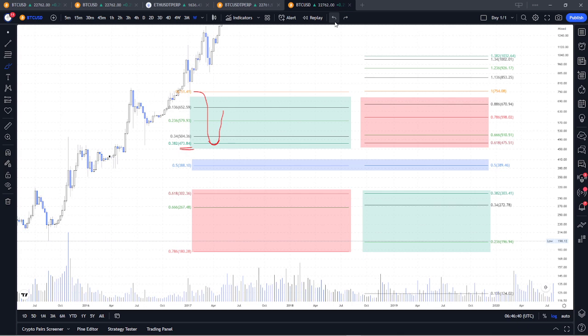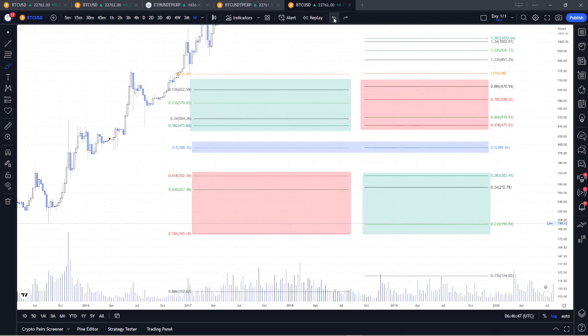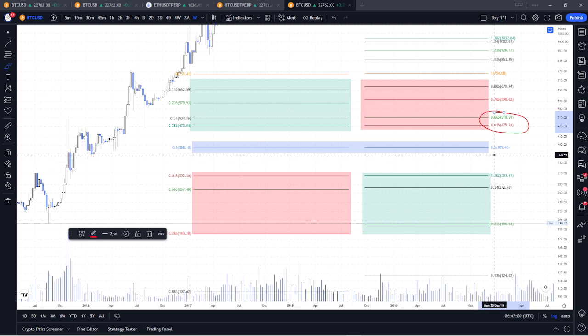How you can use the Fibonacci, because a lot of people are using Fibonacci only for a simple retracement. A lot of people are also only using the 61%, 66%, and 78% as a retracement from high to low and low to high in a range, okay, and